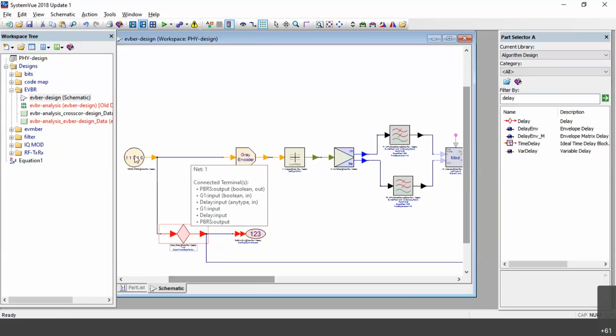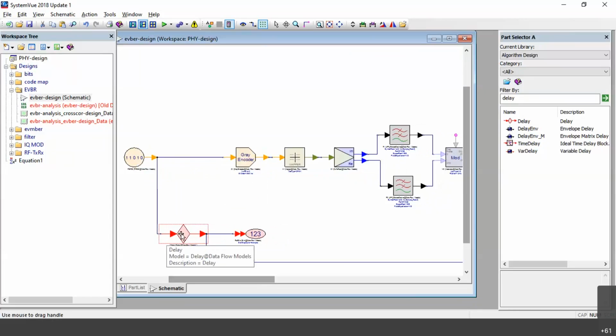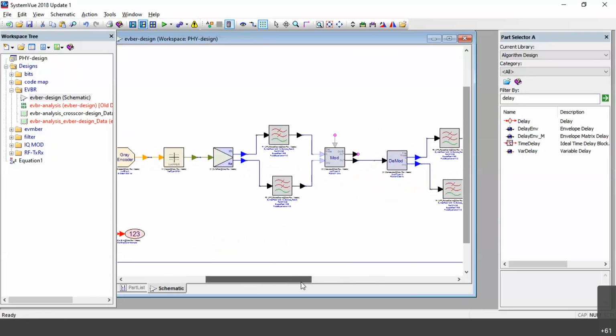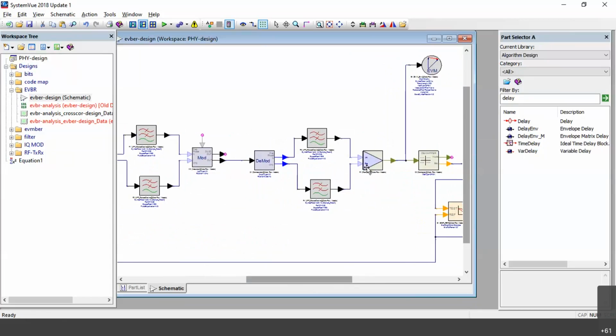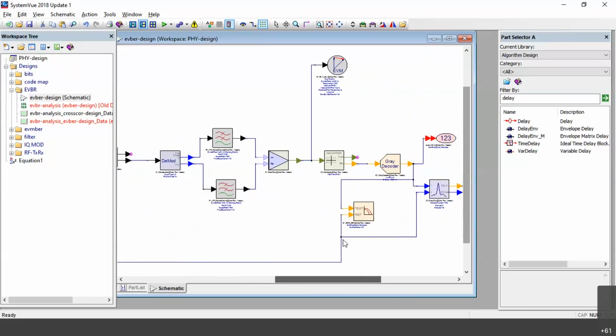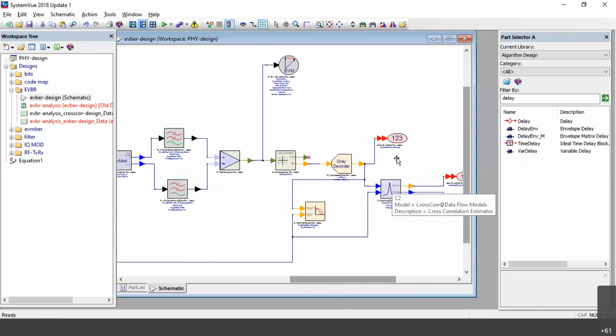This is already created; just add a delay, connect this wire to the delay, then to one sink. The gray code mapper, imaginary filter, everything remains the same until the demodulation filter and imaginary, and then again until the mapper and gray code, until cross correlation.